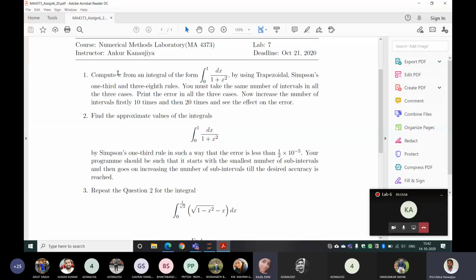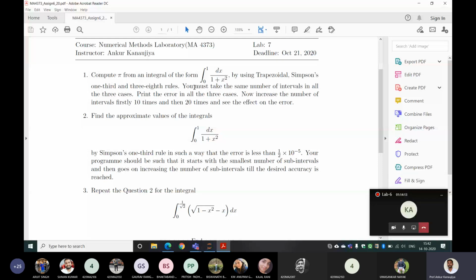Yes, sir. So if that integration is I, then your answer will be 4 times I. So in this question, you have to compute the value of pi by using those methods. Those methods mean first calculate this integration. Whatever answer you get, multiply by 4, print the answer, and you will get the value of pi.